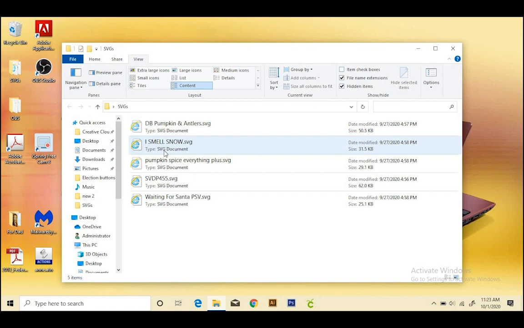So it is an SVG, but the problem is your system just doesn't know what an SVG file is. So it just defaults and assumes you want to use Internet Explorer to open this. It also cannot preview them like a normal photo file, so we can't see an image of what's inside. So to fix this, we need to download a little extension called SVG Explorer Extension. If you have a lot of SVG files, it's a great way to see them all at a glance.